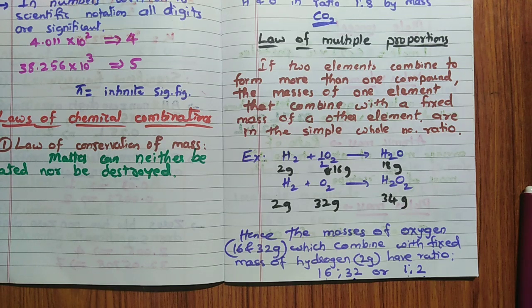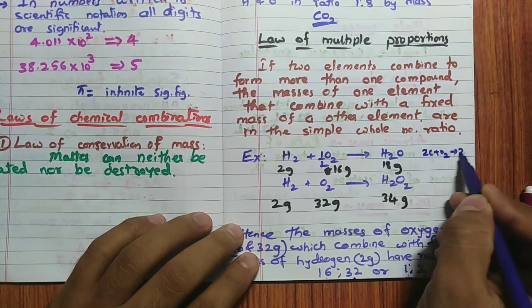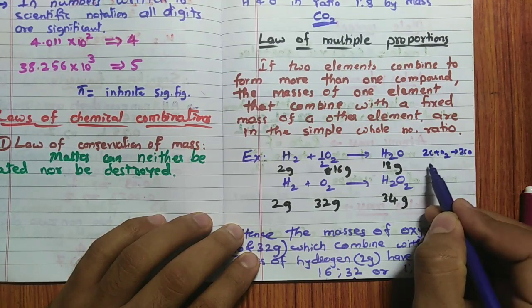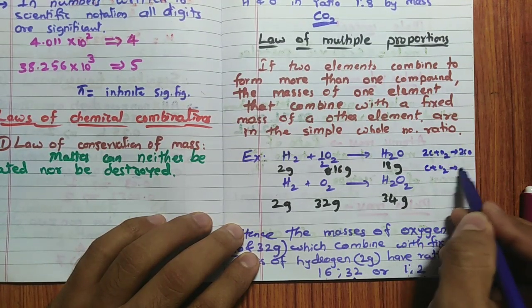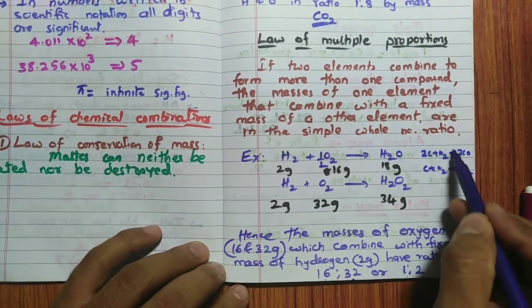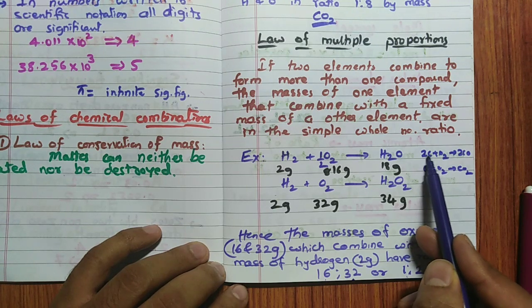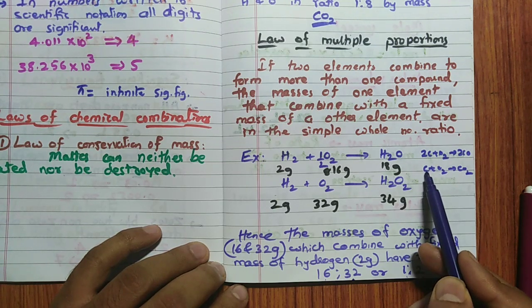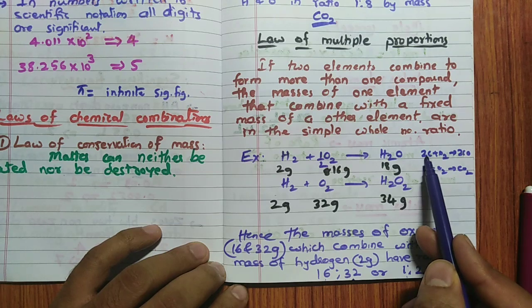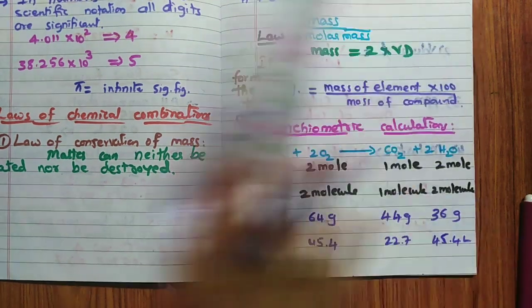So similarly, you can consider C plus O2 giving CO, that is 2C plus O2 giving 2CO, and C plus O2 giving CO2. Here the mass of oxygen is fixed. Then the ratio, remember in this particular case, is 12 to 24 to 12, so 2 is to 1. So like that, law of multiple proportion.